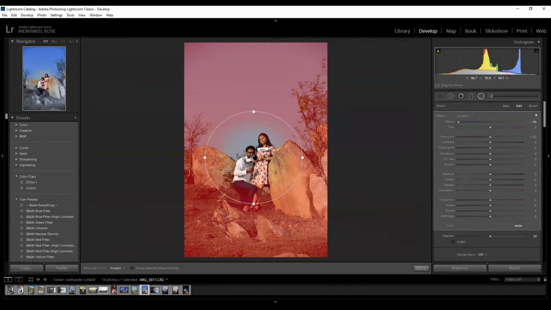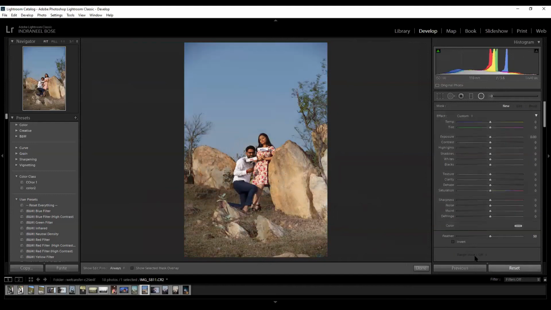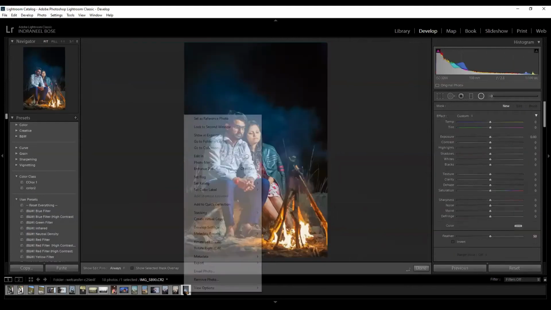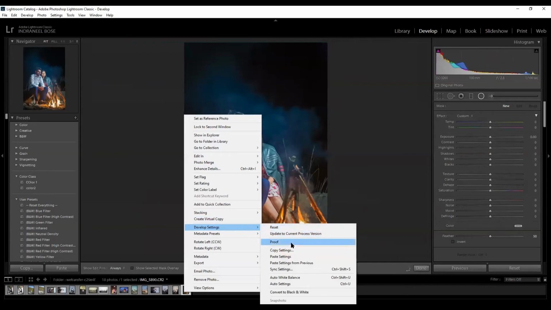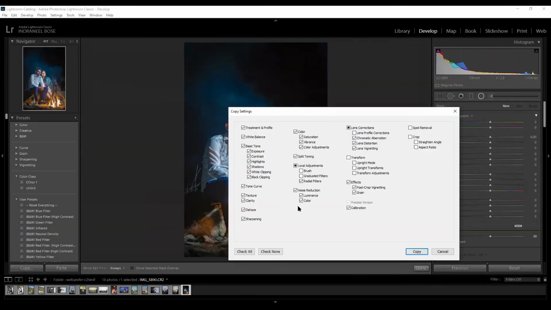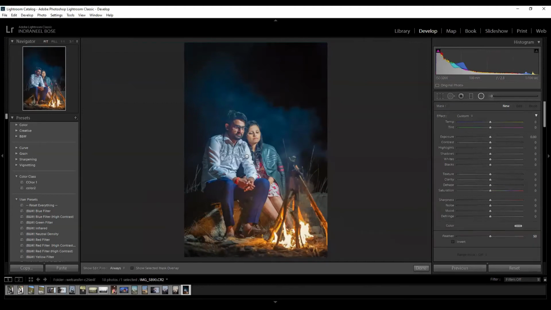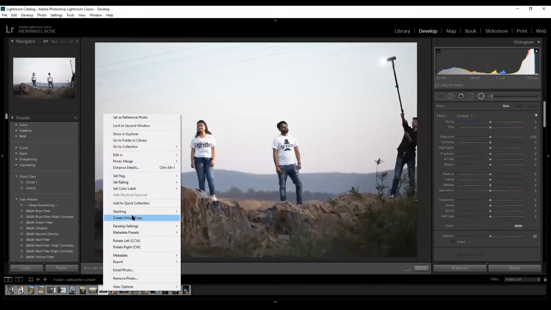But understand one thing, once you save it as a preset, whenever you do the adjustments now, like in this image, wait, I will show you once again. You have to remember this. Like I am copying this preset, okay? I'm copying these settings. Now I can click on all three: brush, graduates, radials, which I have done. Suppose I haven't done a brush and a graduate. Okay, so it's not present there, right? It's not present inside. Now suppose I take this image and paste it over here.